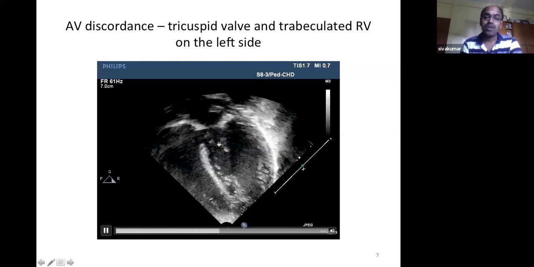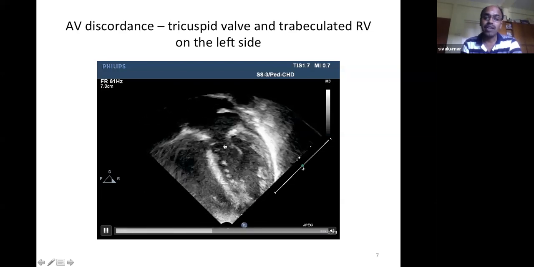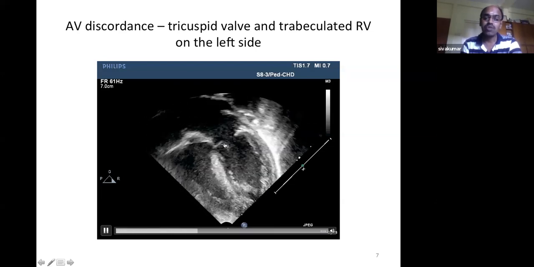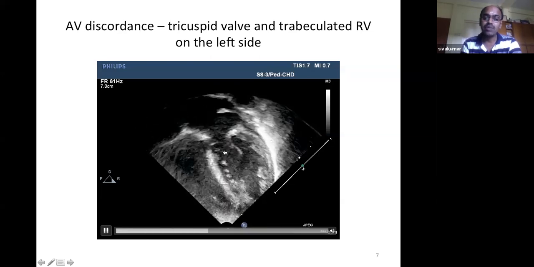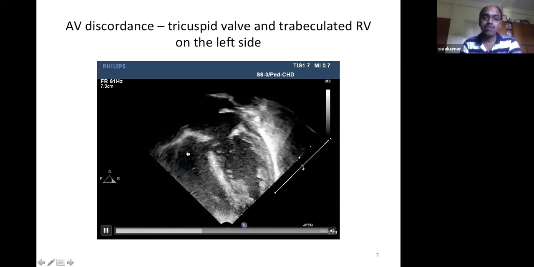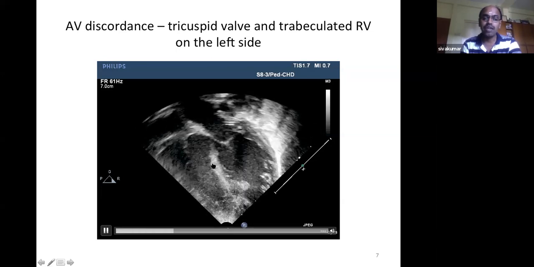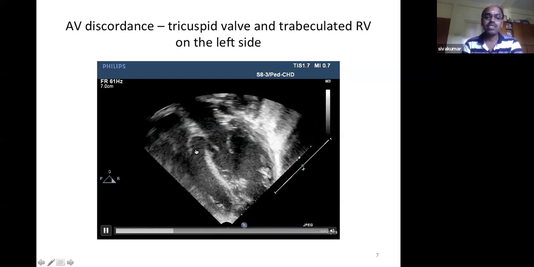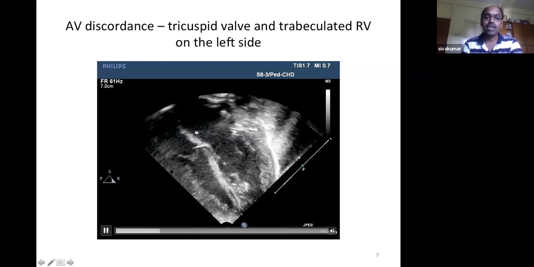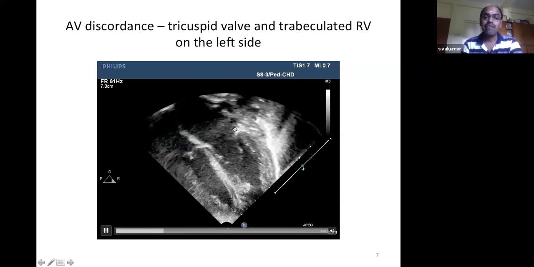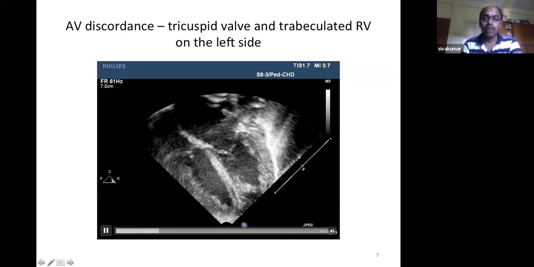Right ventricle should have a septophilic AV valve. So this AV valve is actually septophilic. It is trying to have some attachment towards the septum. This AV valve is far away. It's septophobic. It's not even coming closer to the intraventricular septum. That means it is septophobic. So this is septophilic. And this AV valve annulus is more apical.